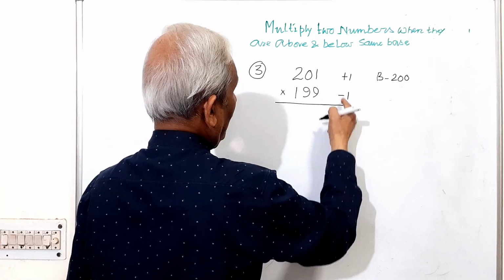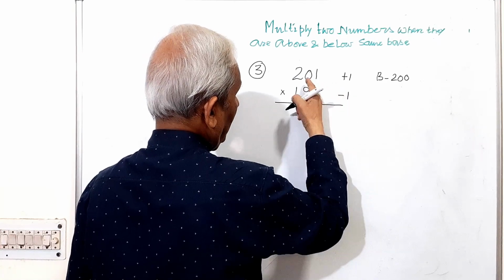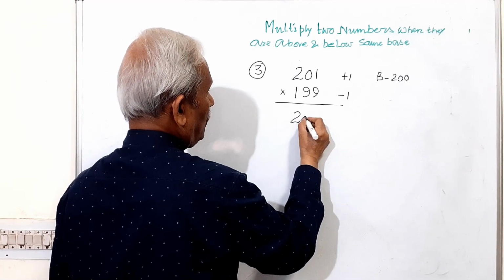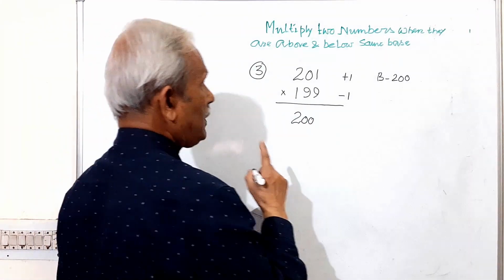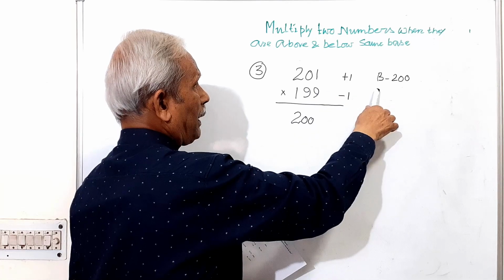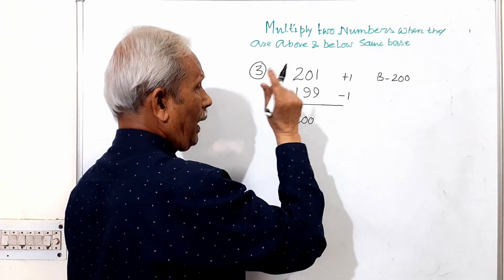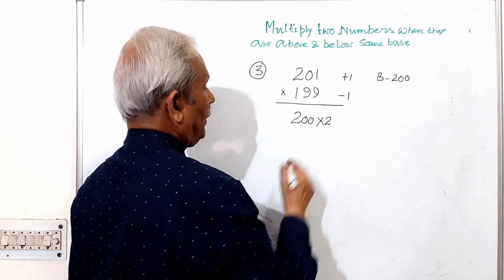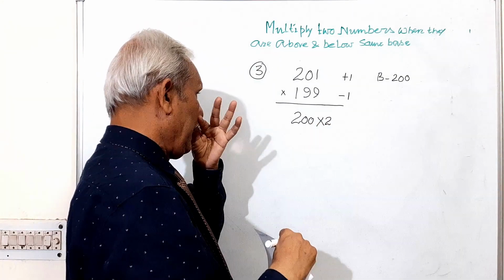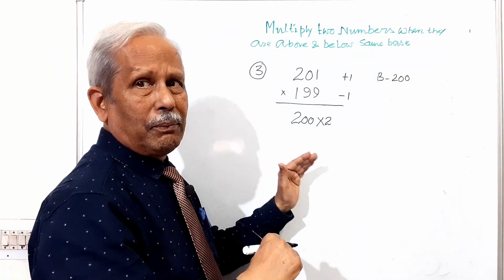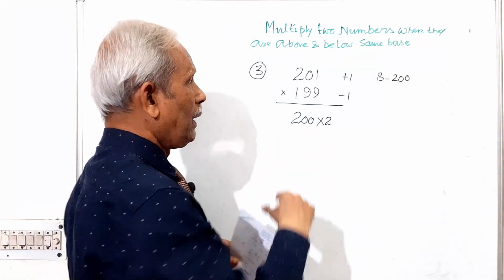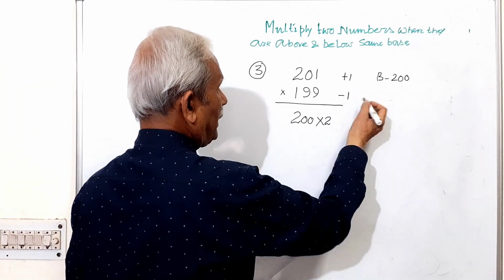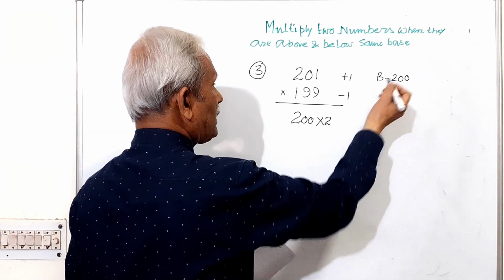Right? Now, cross addition, 201 cross subtraction here. 201 minus 1 is 200. Write down 200 here. And as you can see that instead of 100, we have taken the base as 200. So as for our process, we have to multiply this by 2. Because if we take 10 or 100, nothing is to be multiplied. But the moment we take any multiple of 100, we have to multiply with that number. If it is 200 by 2, 300 by 3, 400 by 4, as the base increases, you have to multiply